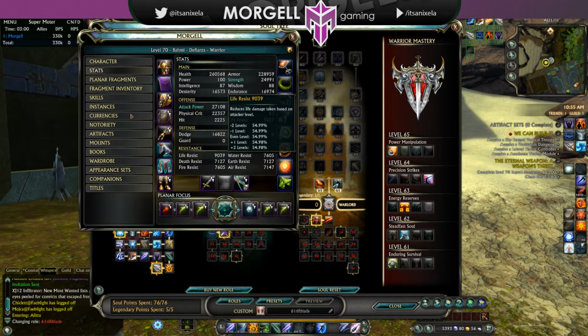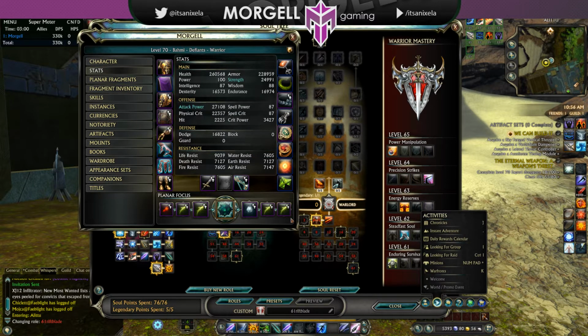Resistances used to be important. I'm just going to give you a little bit of history of the game. Resistances used to be important back in Vanilla Rift. I didn't play back then, but there used to be raids that were specifically one plane. So, for example, life resist. Let me check. Where is it? If we check